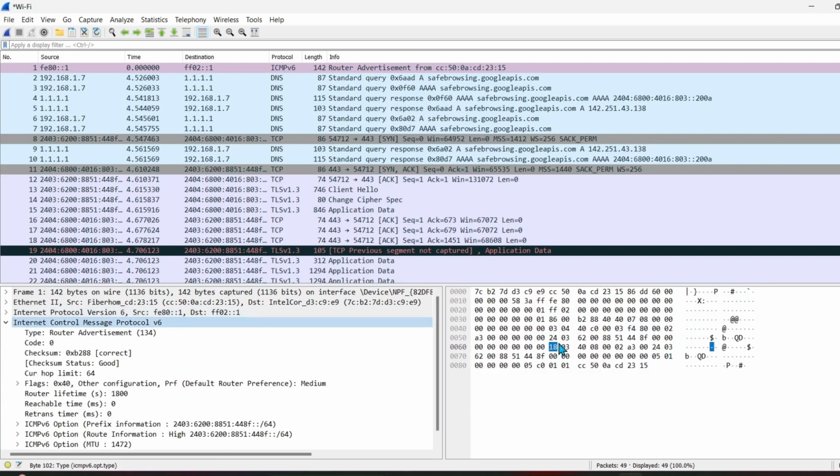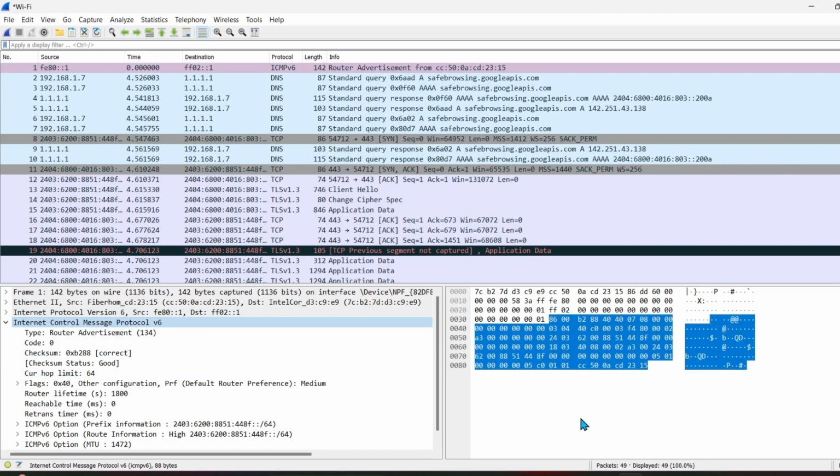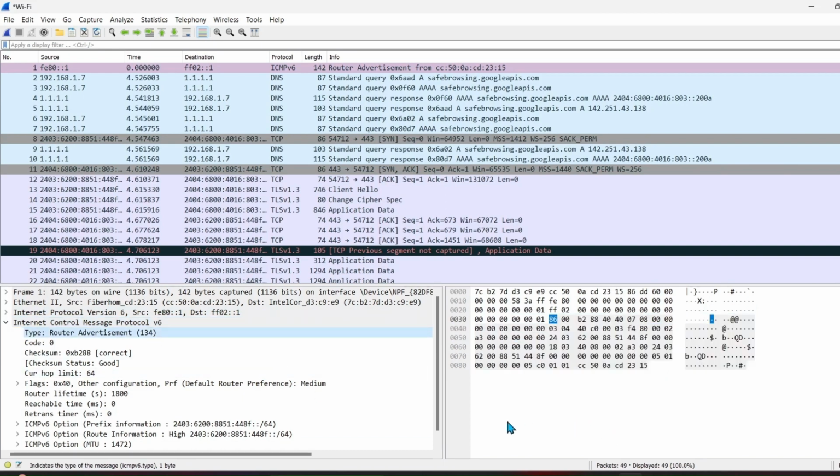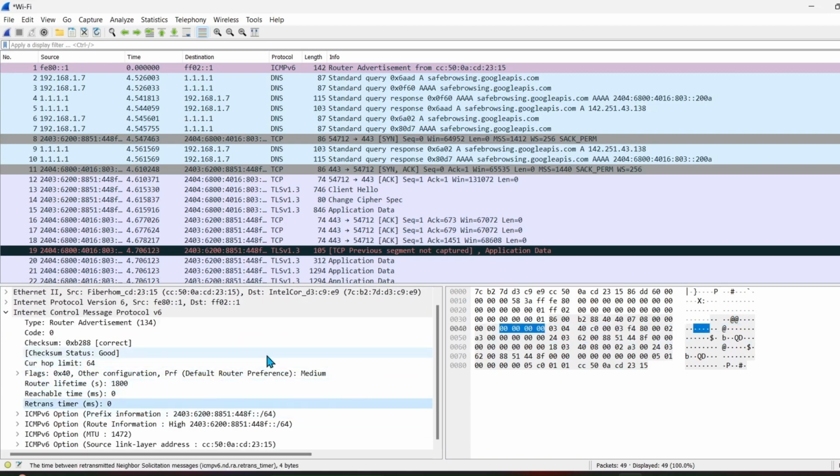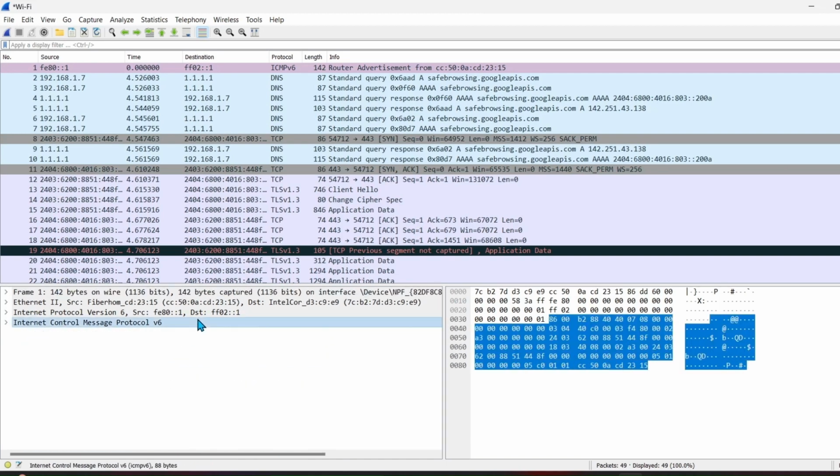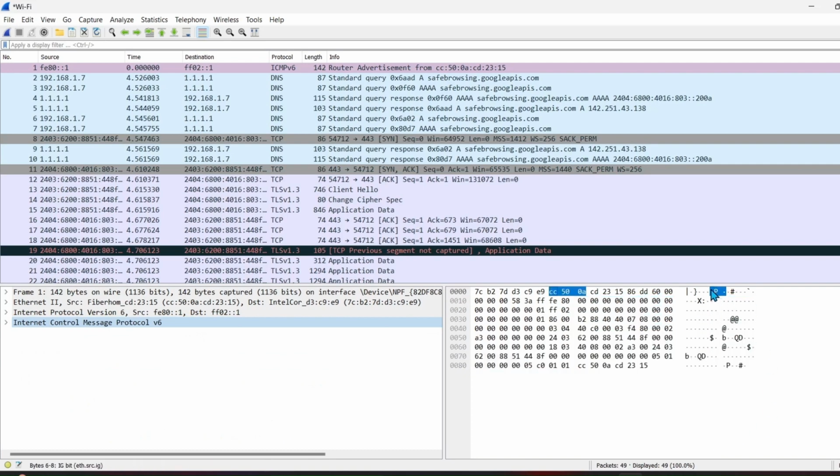And now if we go here, it's the ICMPv6 header starting at 86 here, right? If we go for a router advertisement, we can see 86. We can see code 0, and also then the checksum status. And if we keep going down here, we can see it describes the specific hex data to understand basically. And also here we have the ASCII form of the hex data, which is the alphabetic form of it. So the hex data